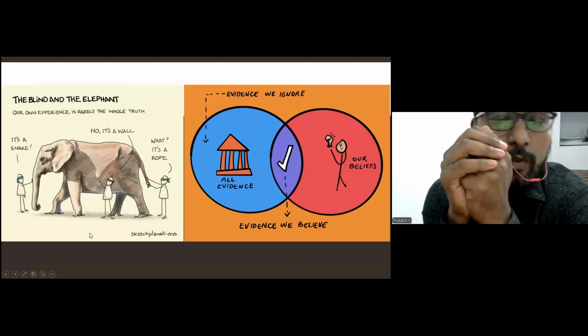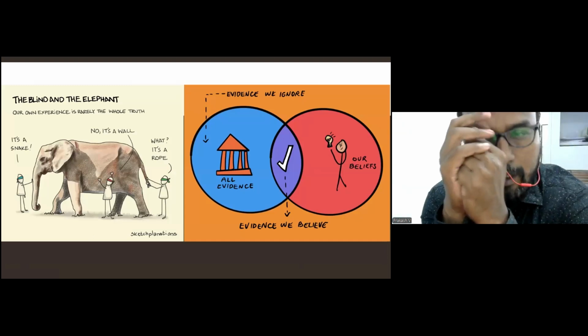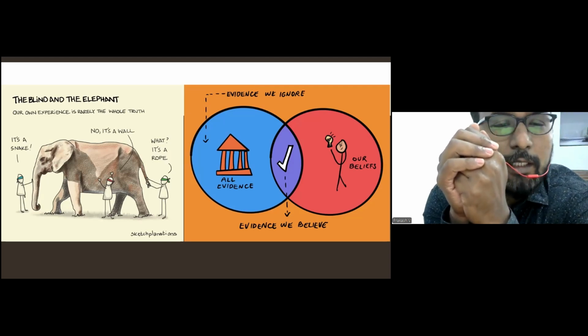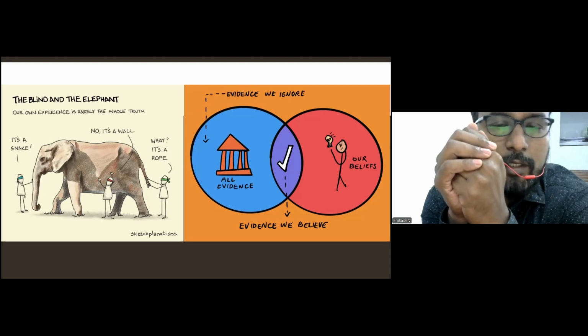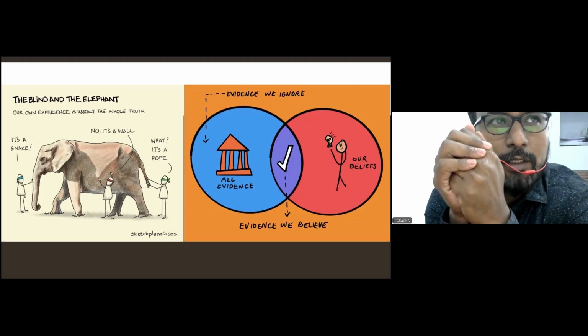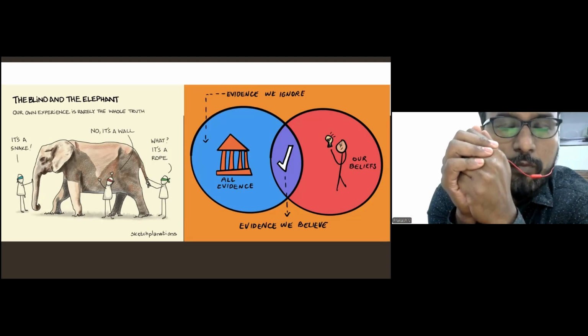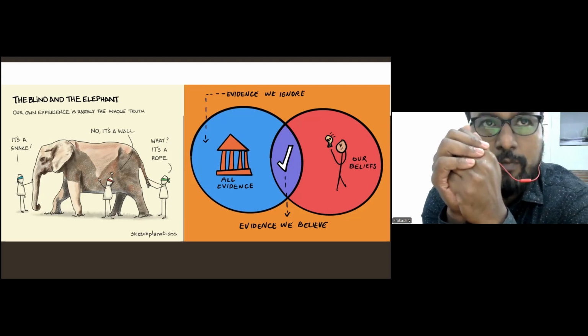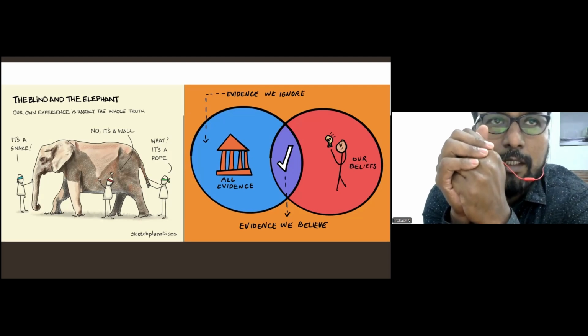Right. So this is just an example of a plant and the elephant. I'm sure most of you might have heard this story. When you are doing research, you need to understand this is what we are trying to figure out. We try to figure out whether a particular treatment is effective or not, or whether a particular problem exists or not. What are the factors influencing? When we try to do that, either reading research or doing research, we are all basically like these